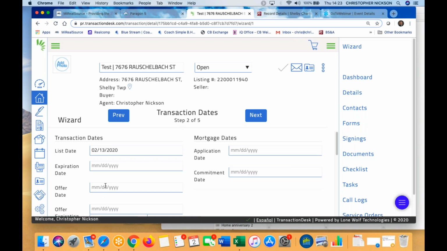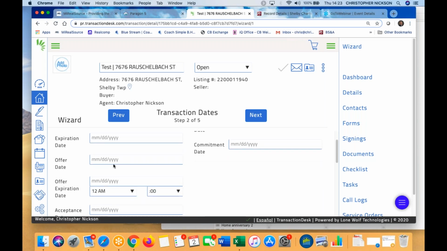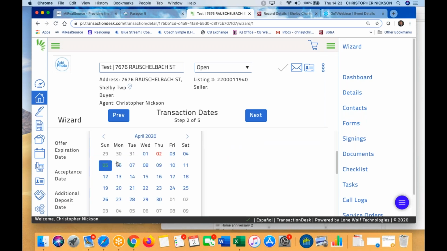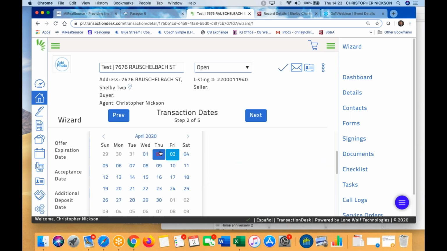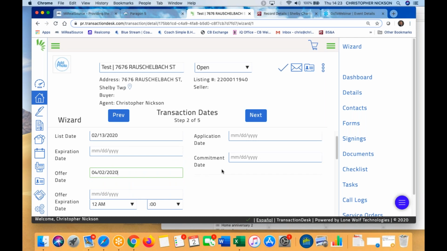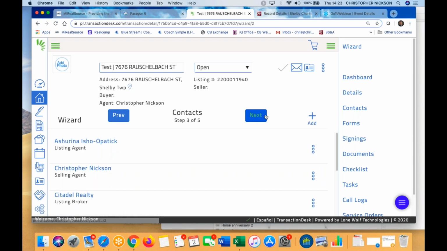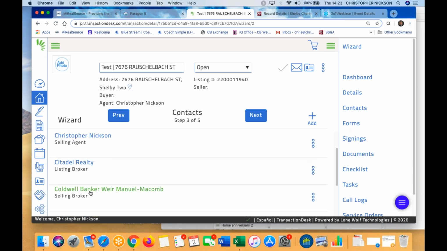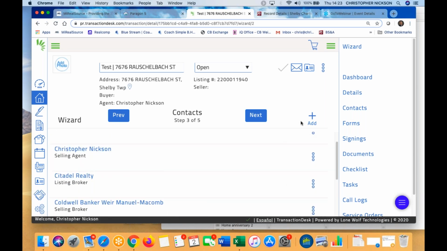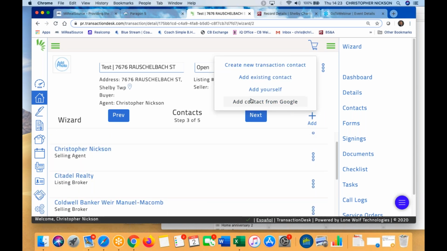Next are your transaction dates. If you're not quite sure if you're going to make the offer today or turn it in tonight, you go from there. These are the pages that'll preload your forms. You don't have to fill anything in. Contacts, it already has the listing agent, the selling agent, the listing broker, and the selling broker. Now here's where you would come in and add